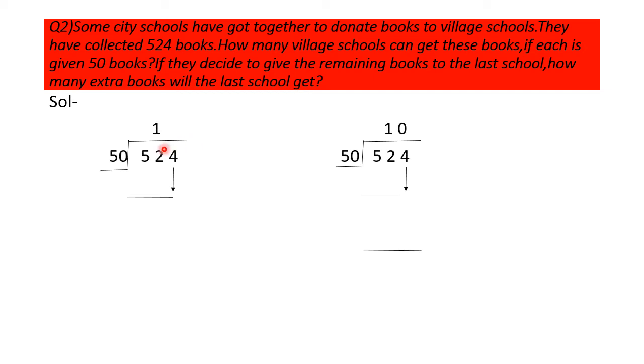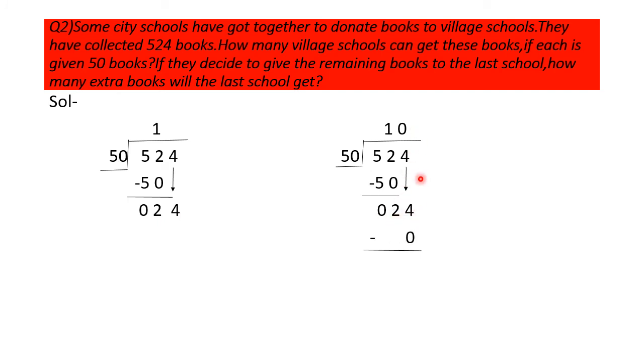So let us see. Here, for dividing 524 by 50, let us just assume that there is no 4. If I ask you to divide this 52 by 50, one time we will get 50 only, because 52s are 104, that is not required here. So we have simply done 51s are 50, and now we are left with 2. After that, can we divide 2 by this 50? Not possible. We will bring down another digit, which is 4, making it 24. I have already brought down 24 over here.